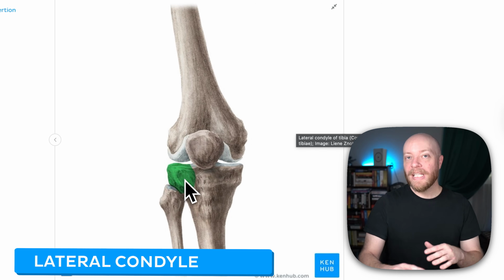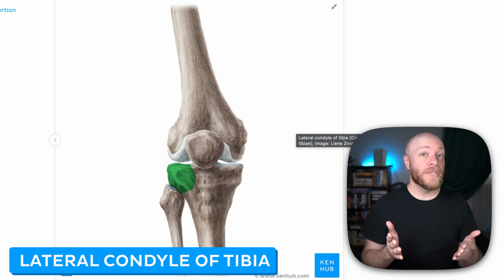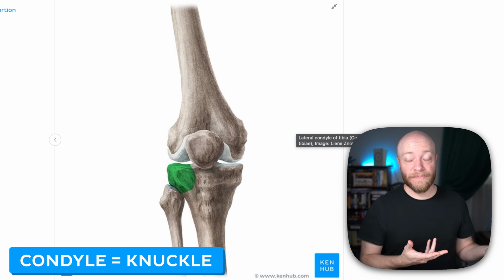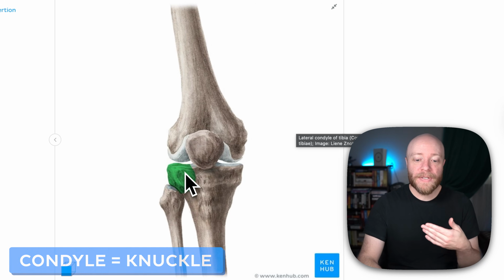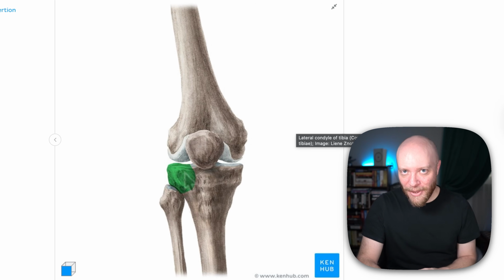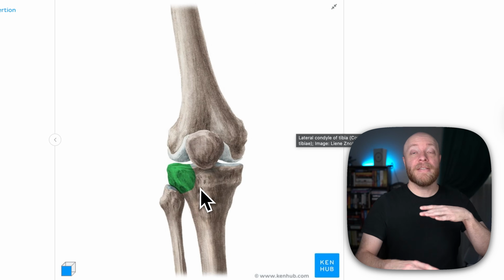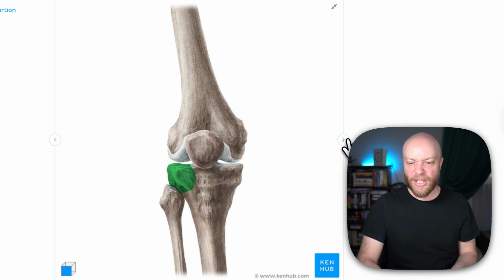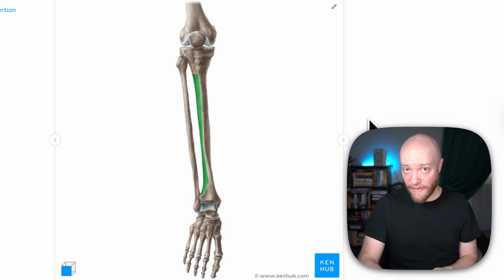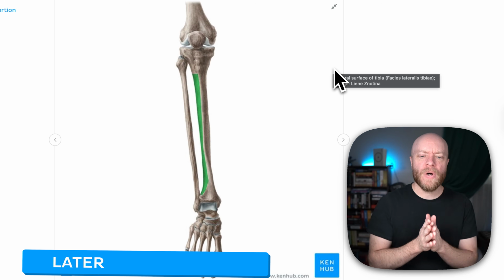This is what is called the lateral condyle of the tibia. Now, condyle just means knuckle, and so this is going to have a knuckler shape. I don't think that's a real word, but I like using it, so I'm going to keep using it. This is just one of the origins, but it's not the only one. So the next origin that we can see is what's called the lateral surface